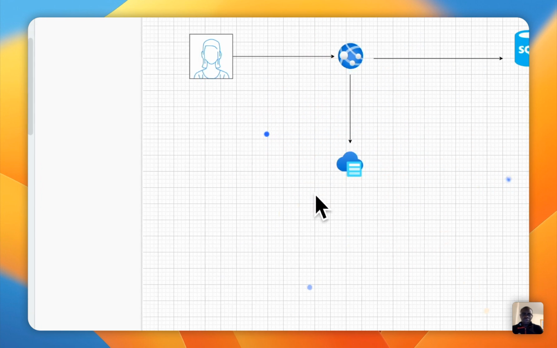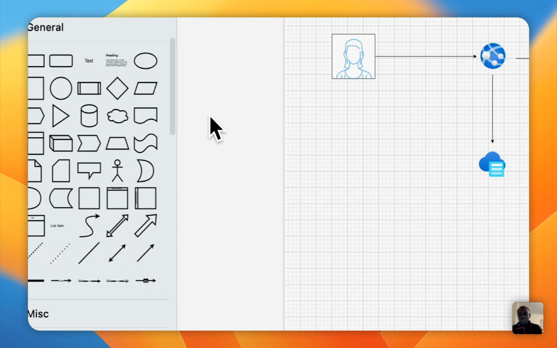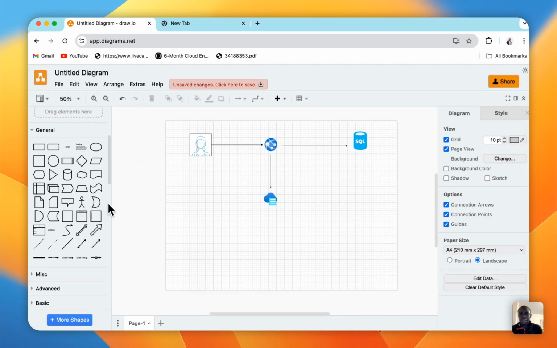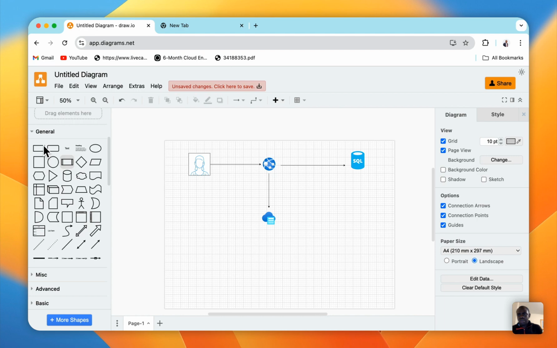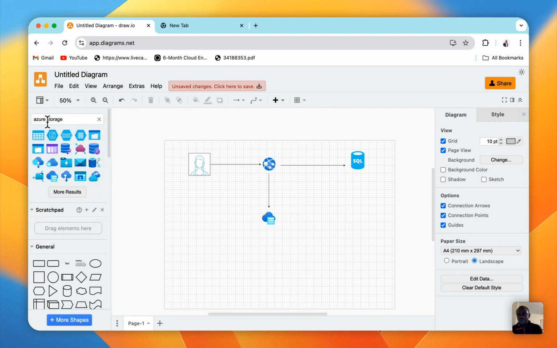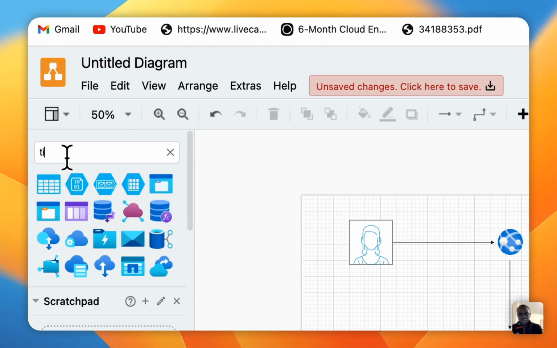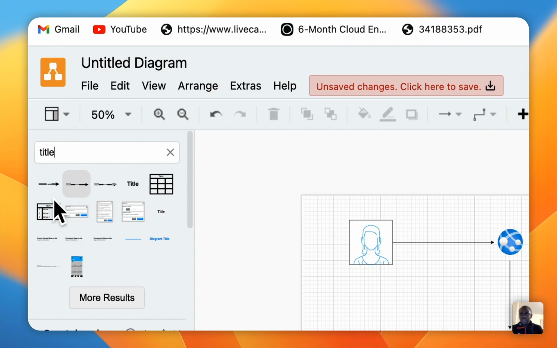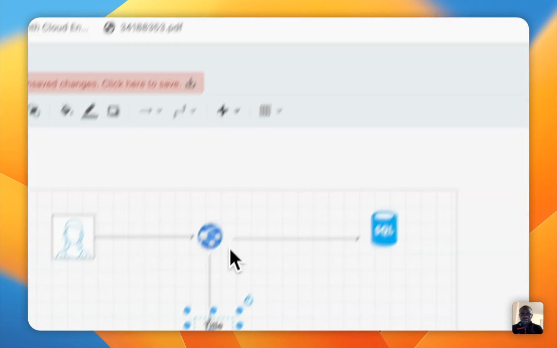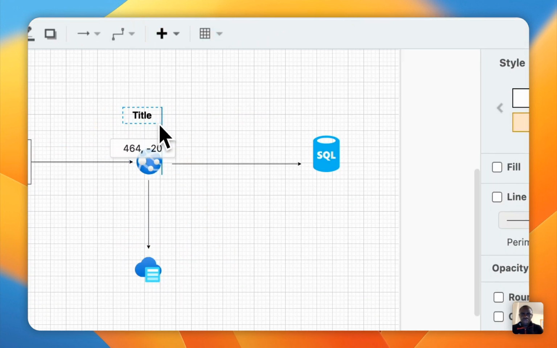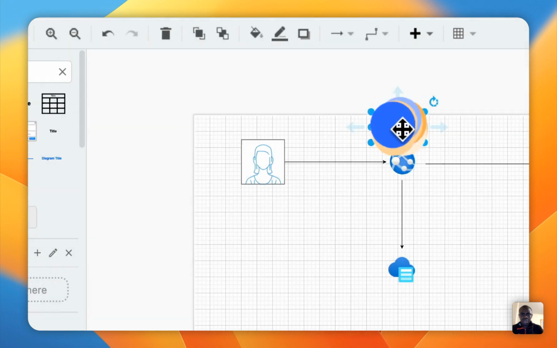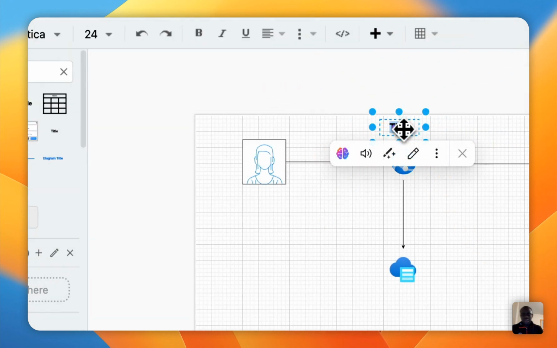So the next thing to do is of course to label my diagram. The first thing I want to do is to give it a title. So I come here and I search for title, and it gives me title text. I click on it, drag it to somewhere like this, and then what do I call this? I can say a single